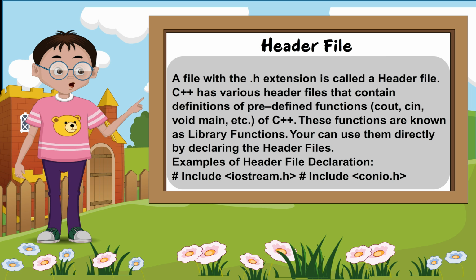Header file. A file with the .h extension is called a header file. C++ has various header files that contain definitions of predefined functions like cout, sin, void, main, etc. of C++. These functions are known as library functions. You can use them directly by declaring the header files. Examples of header file declaration: #include iostream.h, #include